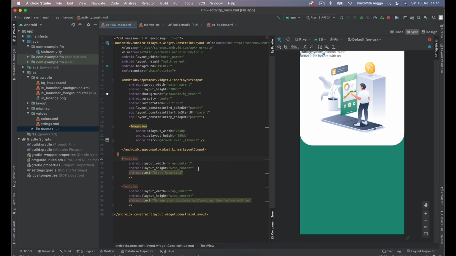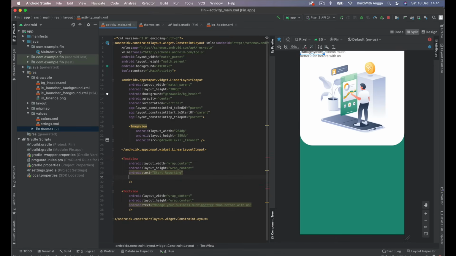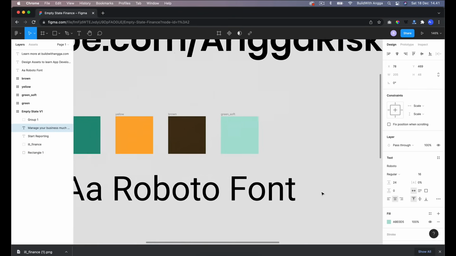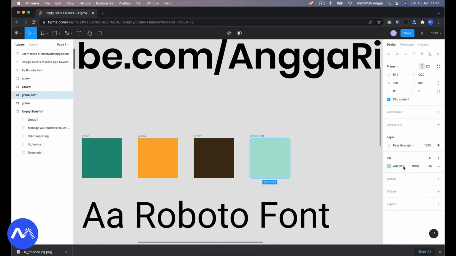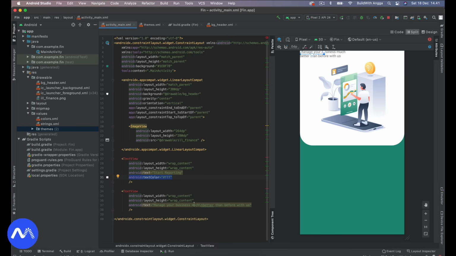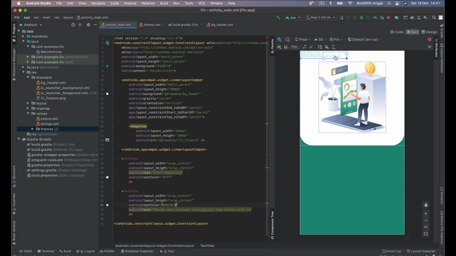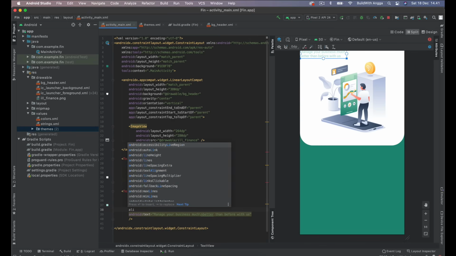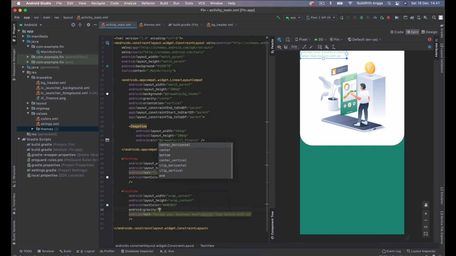Okay, so let's move into this start reporting. We need the color FFF, which is a white color, and then the other one was green soft. You can copy and then color just like this, and we need to set the align, or maybe we can use gravity to the center.